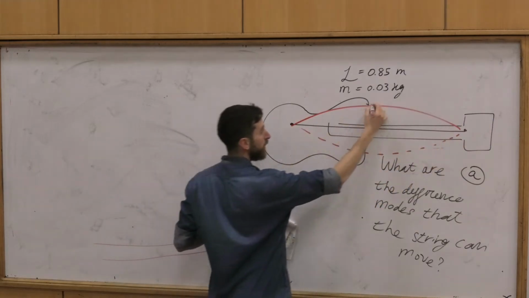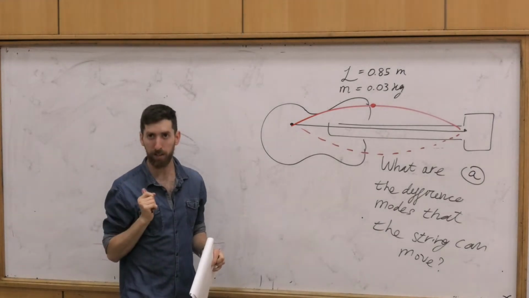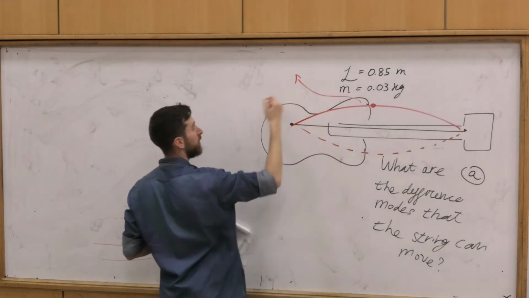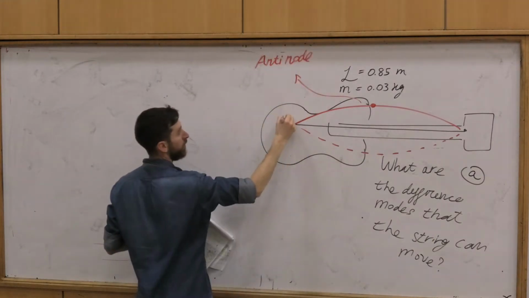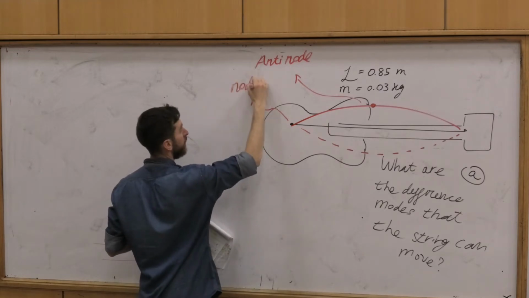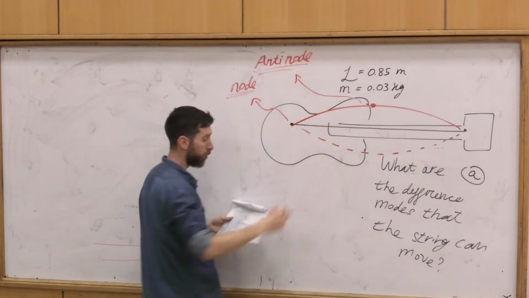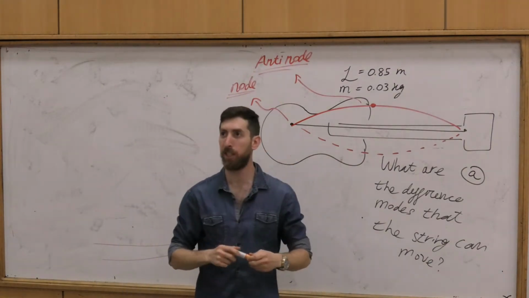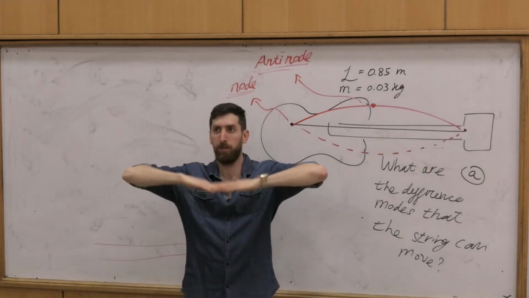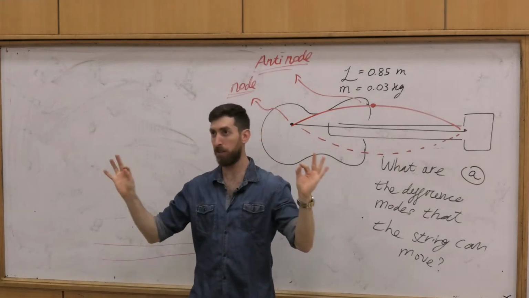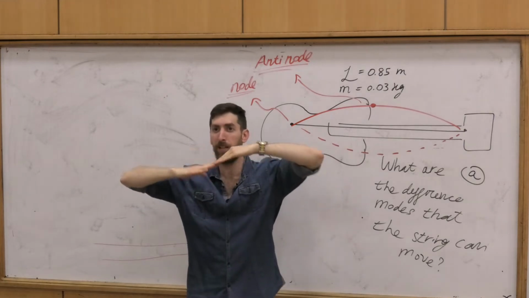You see this point? This is the point that's going to move the most, right? This is a really important point. It's called the antinode. And this one here, node. Important things to remember. Great. Let's challenge this idea. So the string can move in that direction. We said that we have two fixed points that cannot move, so we can add another point in the middle and say that the string is doing that.